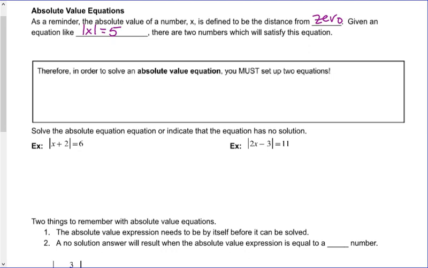So what number can I throw in for x, then take the absolute value to equal 5? Well, I hope you're saying that 5 is one of those possibilities. But we can't forget about the other side of 0 when we talk about distance to be positive. And so, -5 will actually also be an answer as well. Okay, so make sure you remember there are 2 answers that work there, a positive and a negative of what's